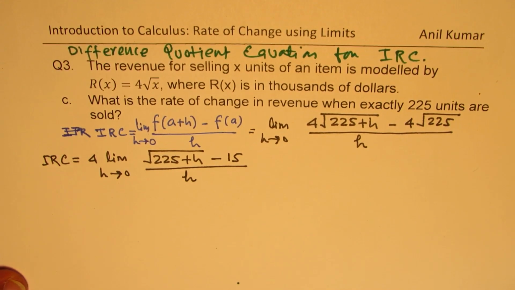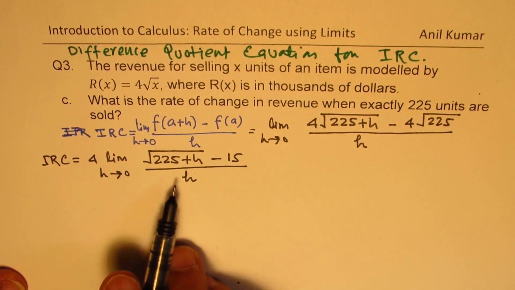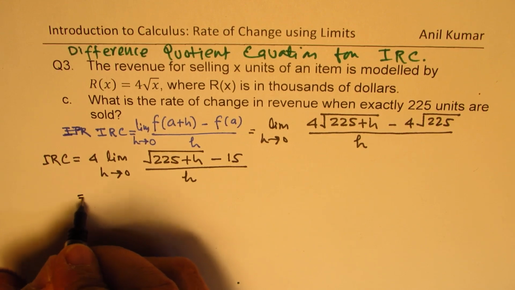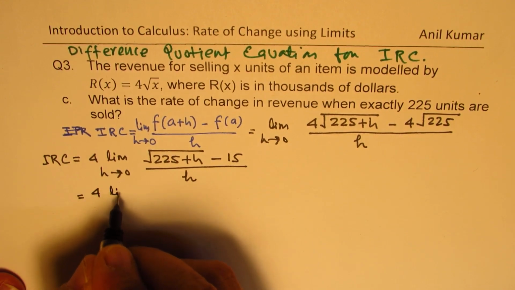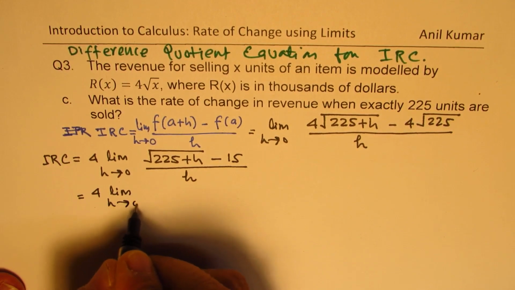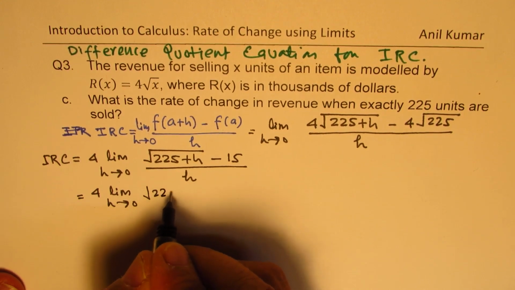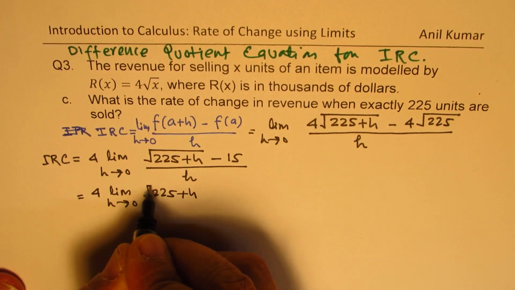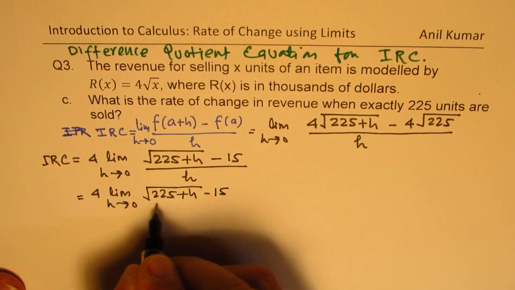Correct? So we get this equation. Now we need to rationalize this. So we get this as 4 limit h approaches 0 square root of 225 plus h minus 15 over h